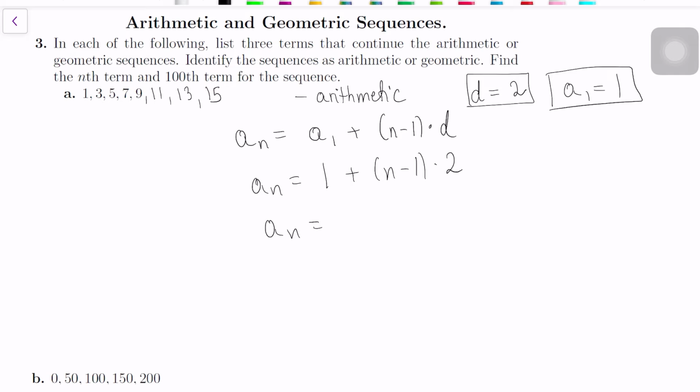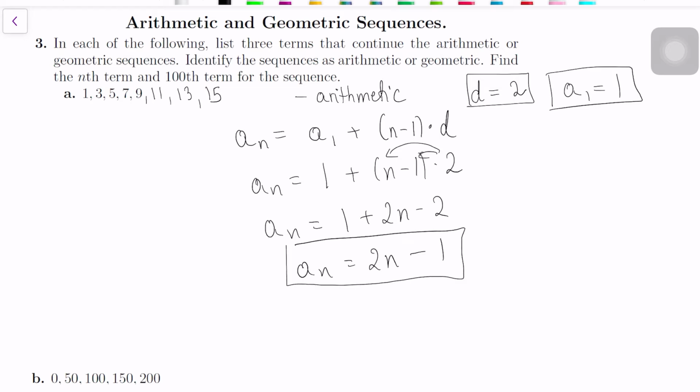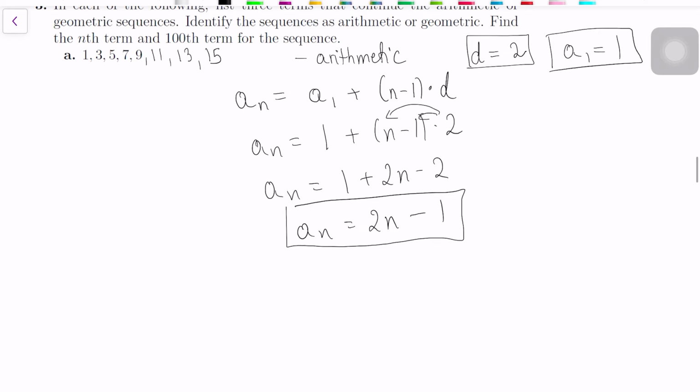Very often it's easier to distribute this multiplication by 2 and combine like terms. So 1 minus 2 will be -1, and 2n doesn't have a like term. So this is the general formula for the nth term. And if you have any doubts if you did that correctly, of course check, because I know that say this